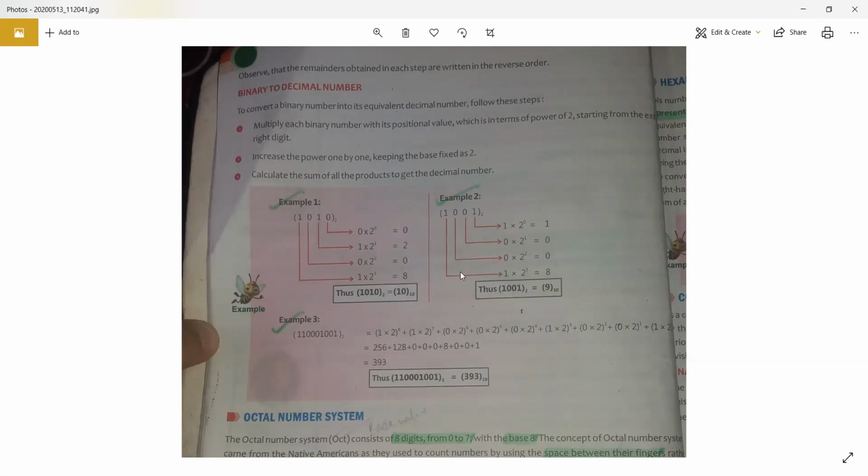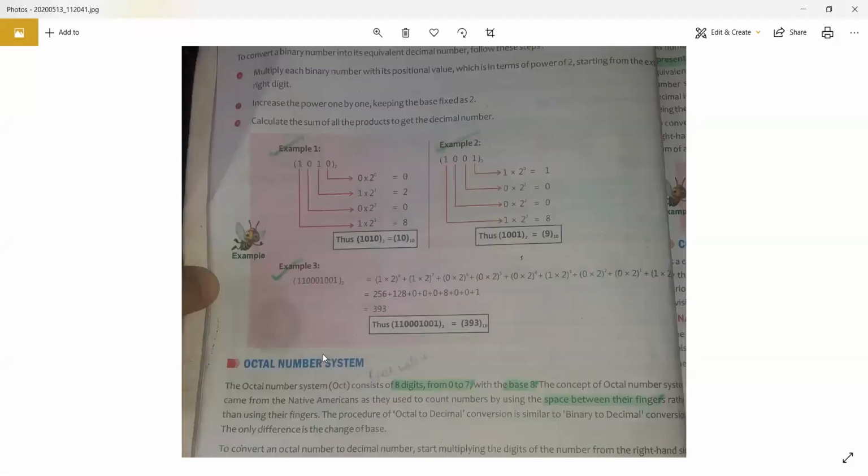So next is also done in the same way, and the third one is this one. As this is a very large number, that is why the writer has written it like this, beta. But the thing is just the same, that 1 into 2 raised to the power 8. All right, so the powers are like this, 0 to 8. Then you have to add this and the number should be this. Then what you can do is convert this decimal number 393 into the equivalent binary number. The answer should come the same, right?